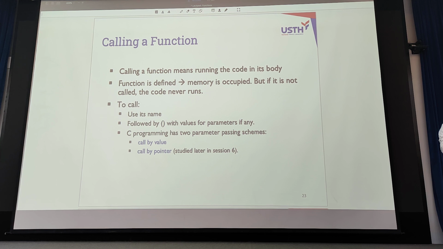Loop is not a function. Yes? Scanf? Yes, that's good. Scanf, you pass the parameters by pointer. Pointer is very interesting, very powerful, but hard to control. It's like a knife, a sharp knife.